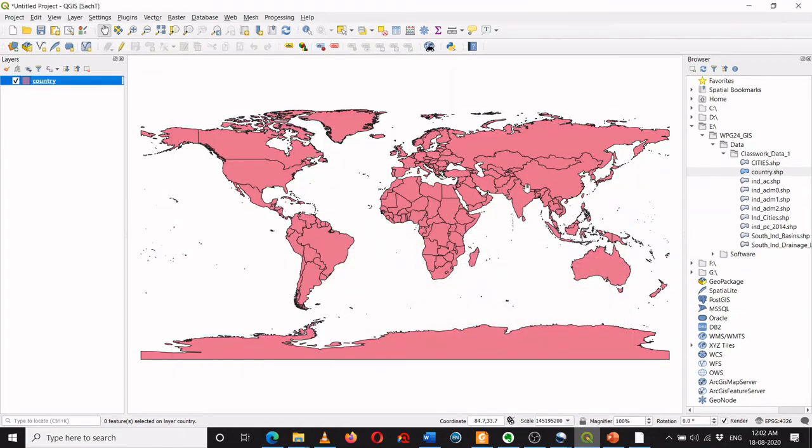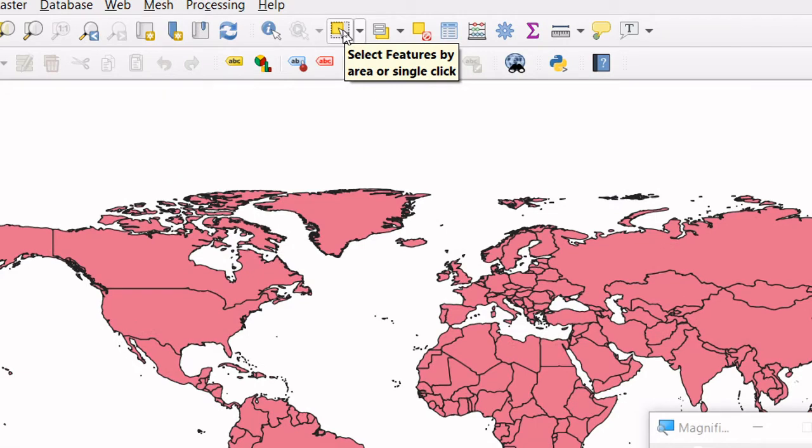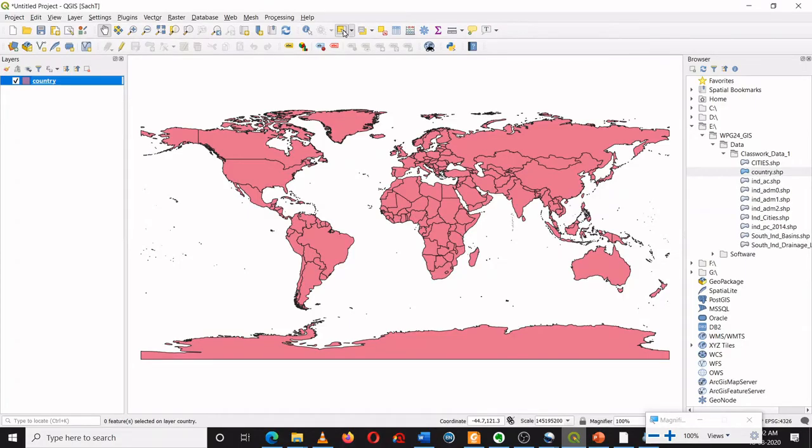Similarly, I can select the countries by the tool which is available over here, which is called select feature by area. You can see over here. I can select it, and the moment I select it, you can see the change in the symbol of the cursor.